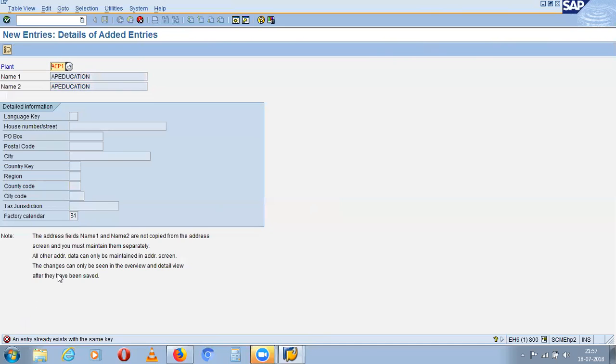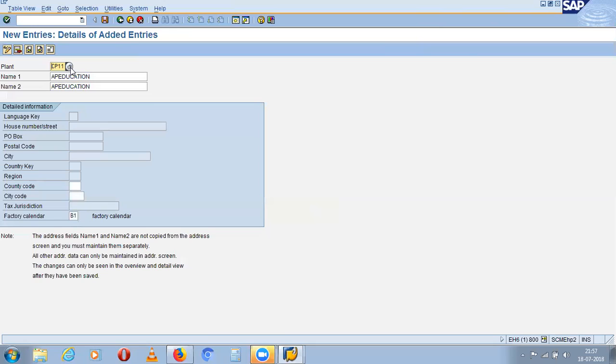Just keep changing until you get one. AP1, press enter. CP11. Just press enter and see if it exists. Yes, so CP11 is there, right? So your plant is CP11.